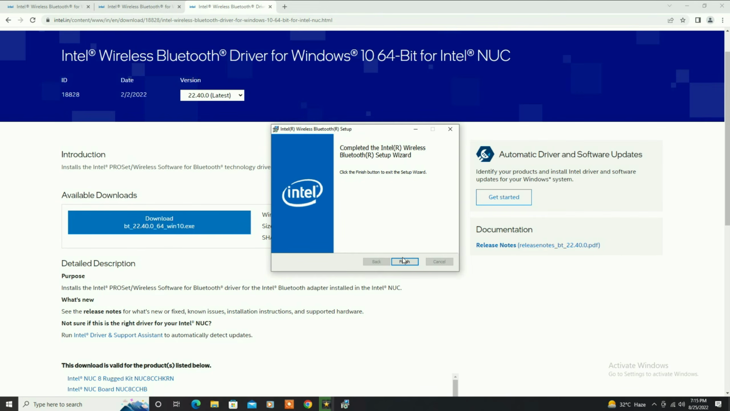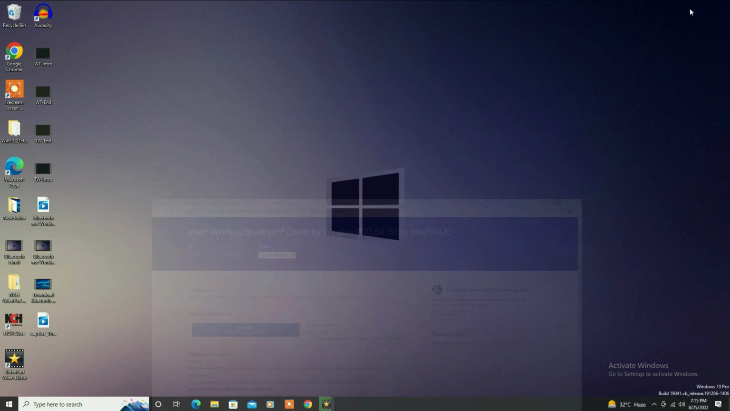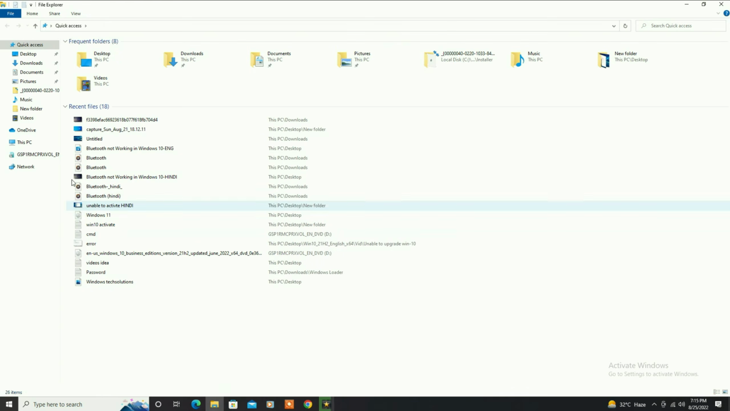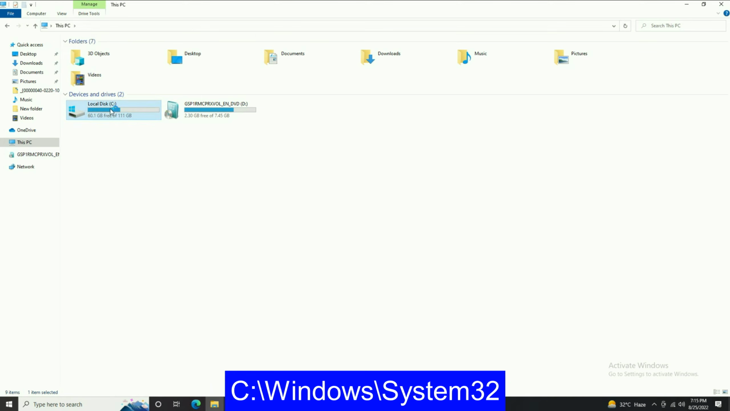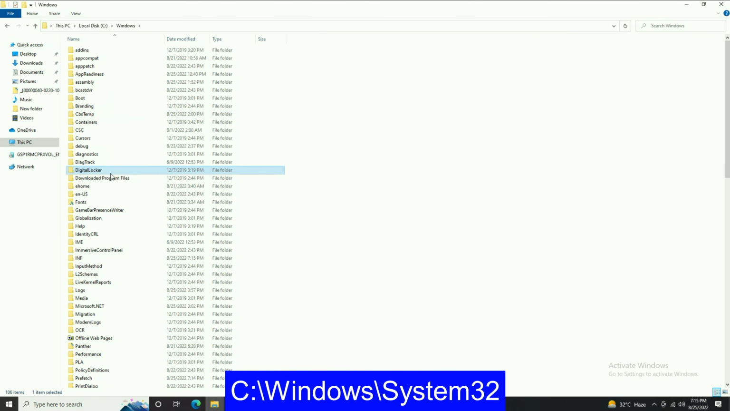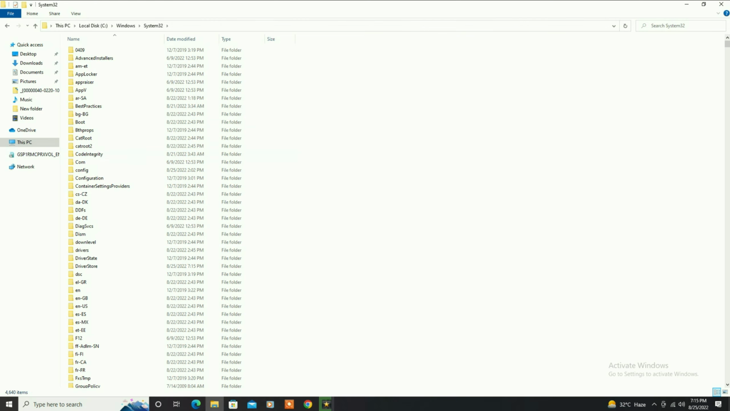Now click on finish. Now minimize this browser. Now go to your C drive. Go to C drive, then open your Windows folder. Then search for System32 folder. Open it. Then you have to search for a file